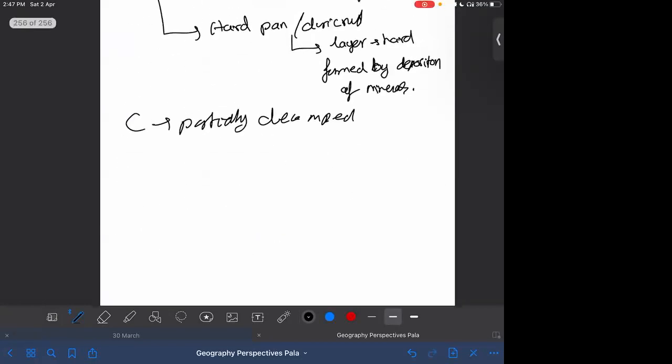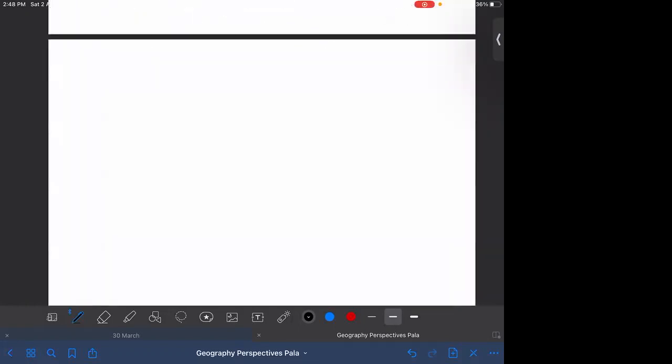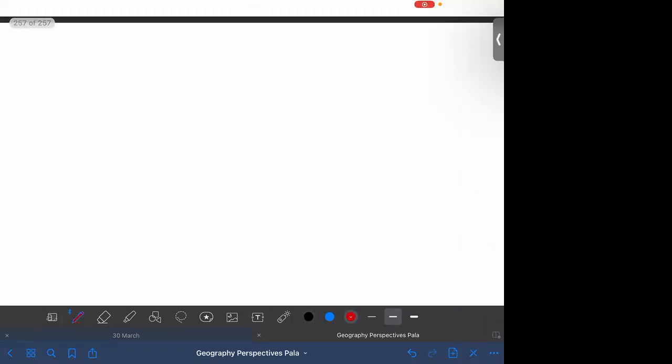For example, if you take alluvial soil, alluvial soil will not have the different layers of A or especially E and B; you will mostly have the O layer, because every year new soil is being deposited one above the other. So the development of soil would be limited there, and the soil horizons and the soil profile would be absent there. Okay, so that is the idea about soil. Now these are the basic things about soil. Now we are more concerned about the genesis of soil, how soil is formed.